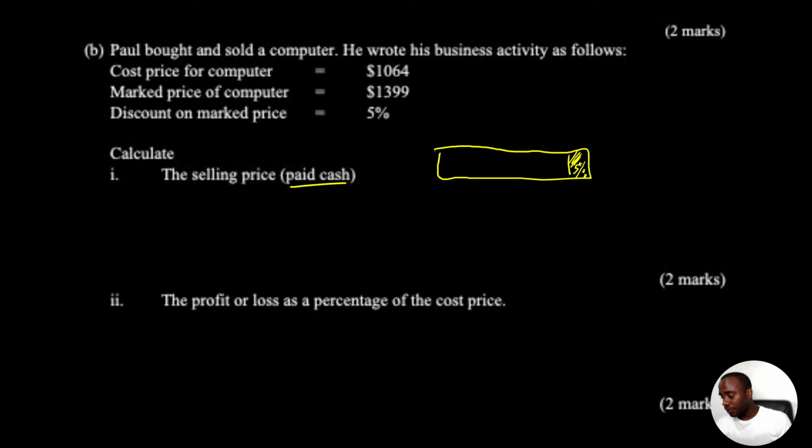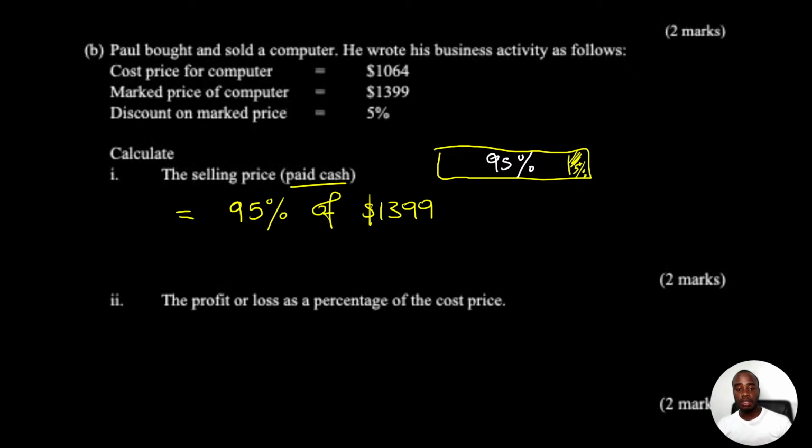So you take off that 5% for the whole thing. Yes, that's good. So you're actually paying 95%. Alright, good. So the selling price is going to be equal to 95% of the price that was in the store,